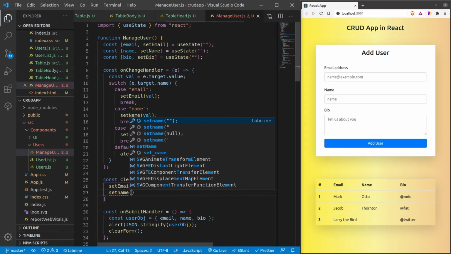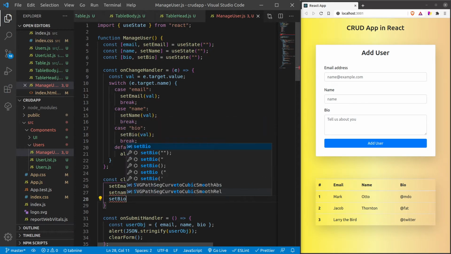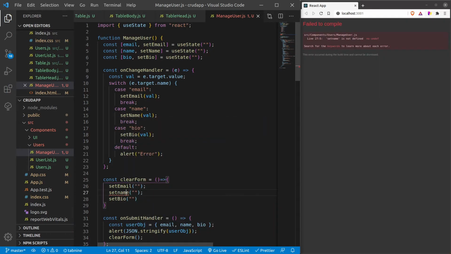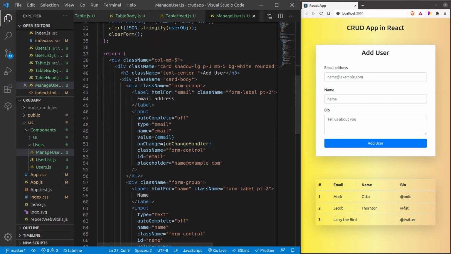Similarly, setName as blank and setBio as blank.